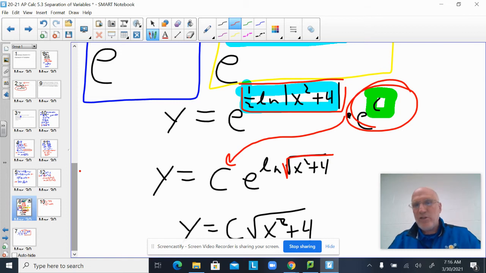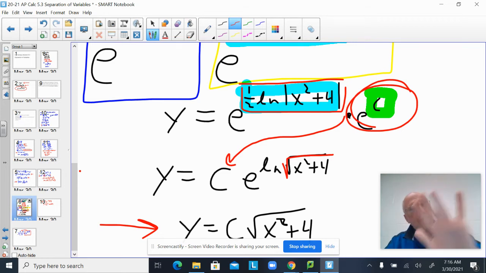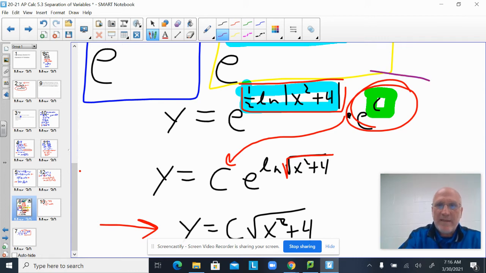So now you'll notice the e to the and the natural log go away. My final answer is just y equals c times the square root of x squared plus 4. So a couple things going on there that are pretty common. One is when you've got this whole e to the something